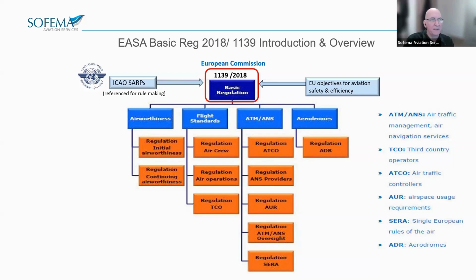So underneath the basic regulations, we have the sort of four functional groups of aviation there. Airworthiness, which we're mostly concerned with in this set of instruction, and that includes the regulation of initial airworthiness and the regulation for continuing airworthiness. Also flight standards, things like aircrew, which covers training and licensing and medical aspects, regulation of air operations, and so it goes on. There is a number of different categories there, but as I said, we're going to be focusing on airworthiness in this course.